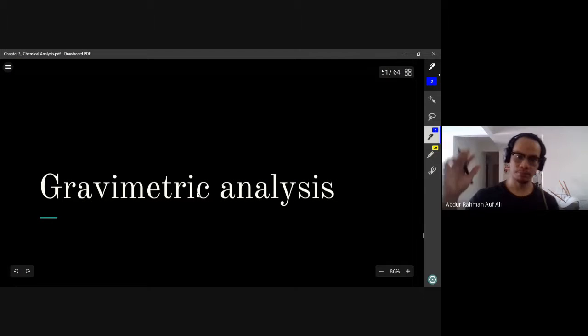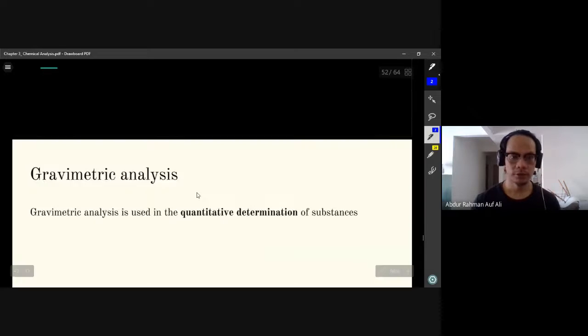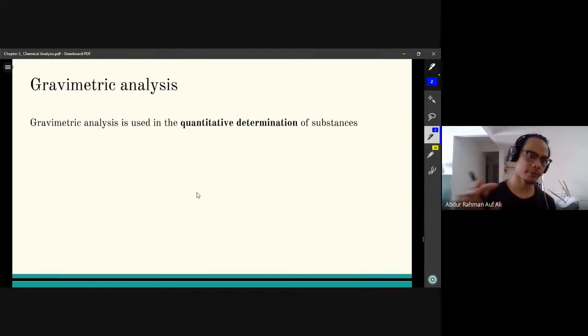Okay, so let's power through this last topic here, gravimetric analysis. In this subtopic, the use of gravimetric analysis is the same as titration. We want to determine the amount of something in a mixture. So the drugs that we manufacture, medicines, tablets are a mixture. Inside contains API and other ingredients. So for example, in titration, we want to determine the amount of